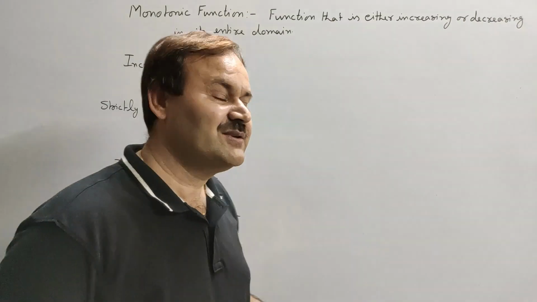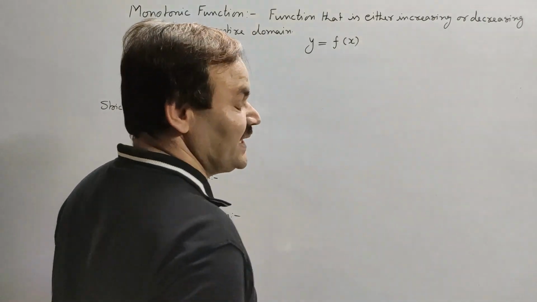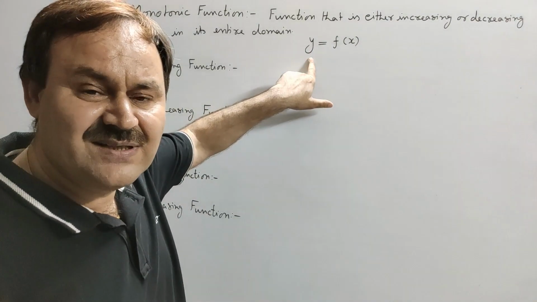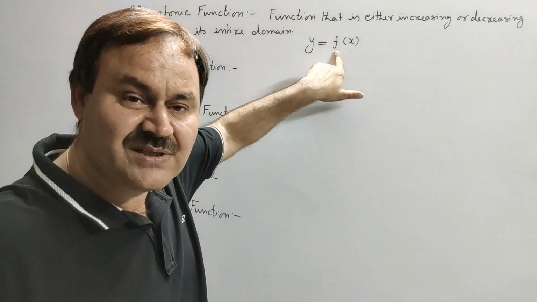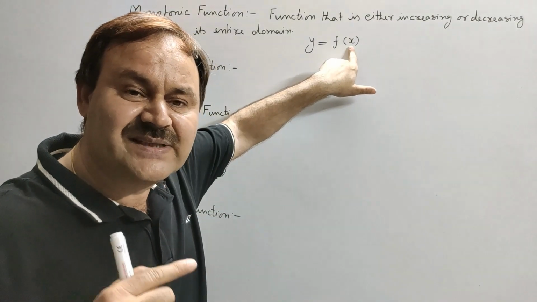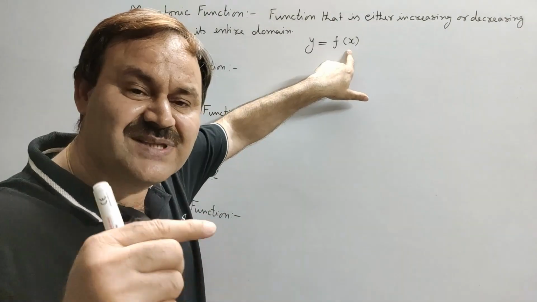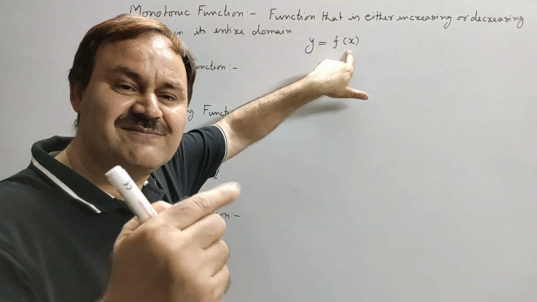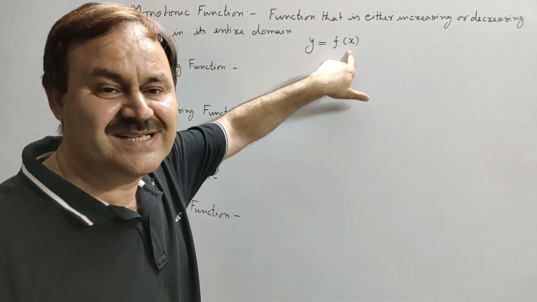Say we are taking y as a function of x, then if x will change, then it is sure that y will change. If the value of y, that is the value of function, will increase with increase in the value of x, then function will be termed as increasing function. But if with the increase in value of x, value of function, that is the value of y, will decrease, then we will say that the function is decreasing.